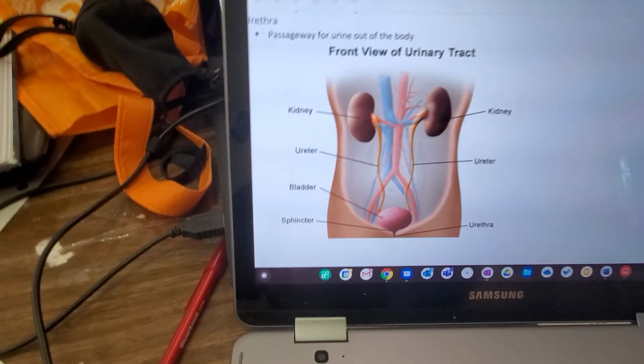Before I talk about the structures of the urinary system, what is the urinary system? What is it for? Why do we have a urinary system? Why do we need to pee? Don't we need water? It seems like we're peeing water. Well,